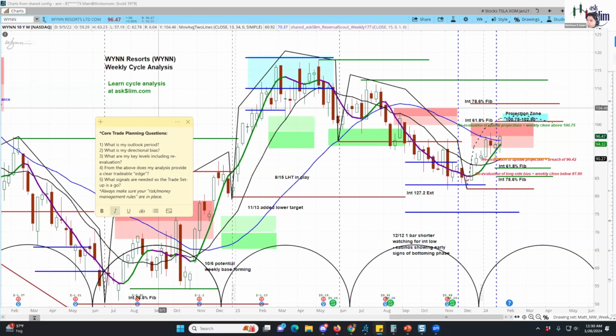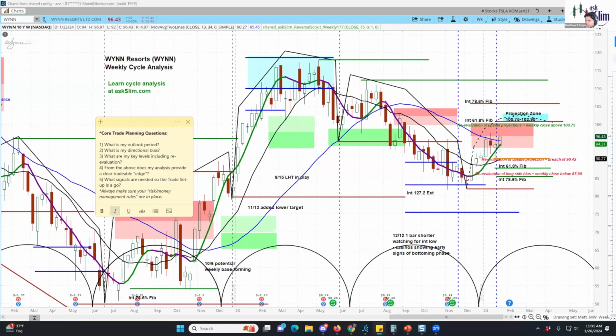So as traders, we have to wear multiple hats. We have to be able to clearly define a methodology for ourselves, one, and then we have to be able to convert that methodology into technical evidence in the form of analysis. And then we need to be able to also bring that to a place where we say we have a trading plan and we have an edge that we want to act on. So whenever I get asked from members about questions around the charts, I always try to frame it into that trade planning context, starting with what's that outlook period.